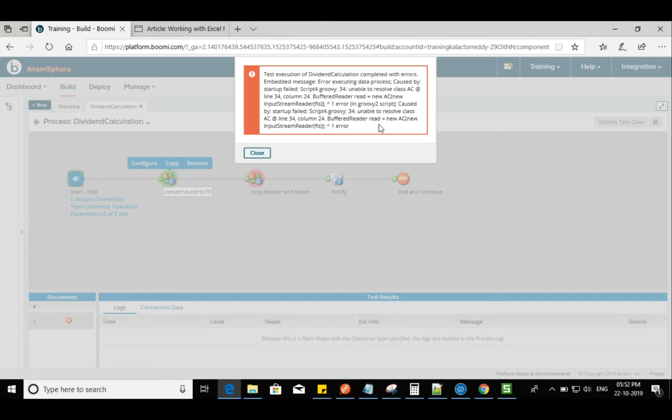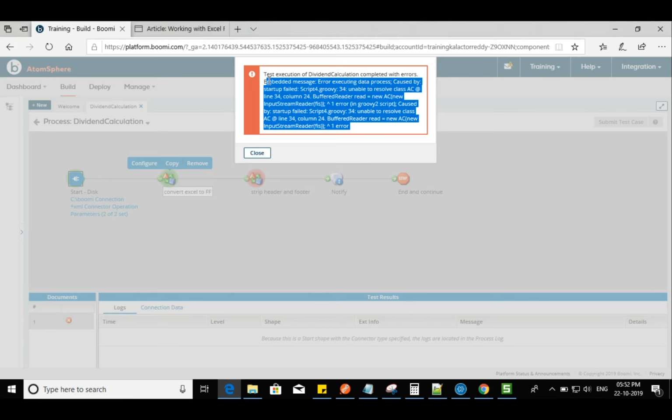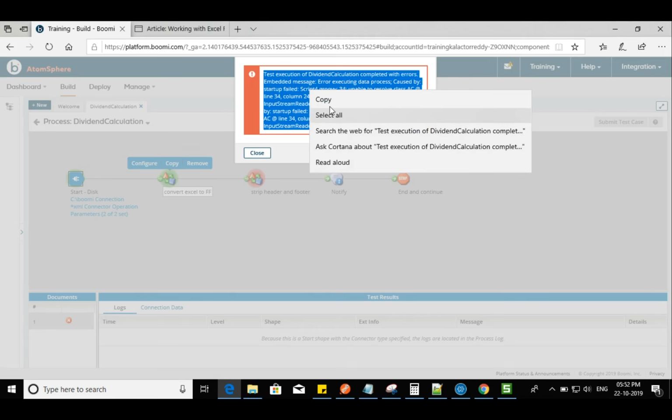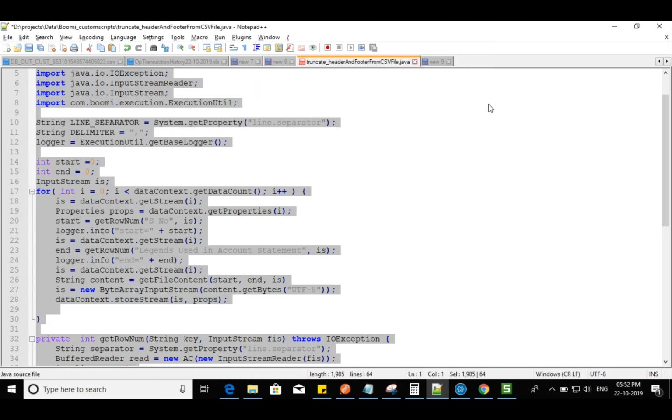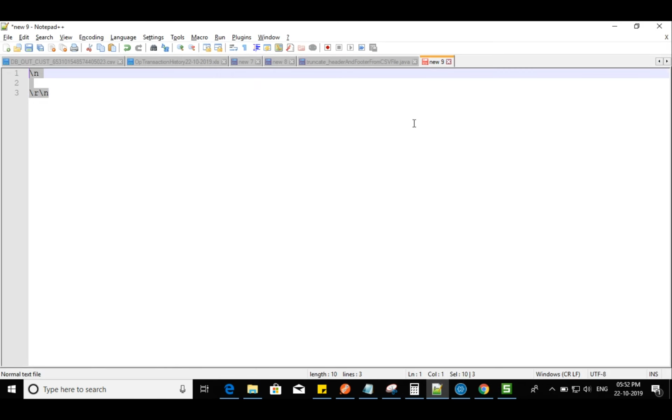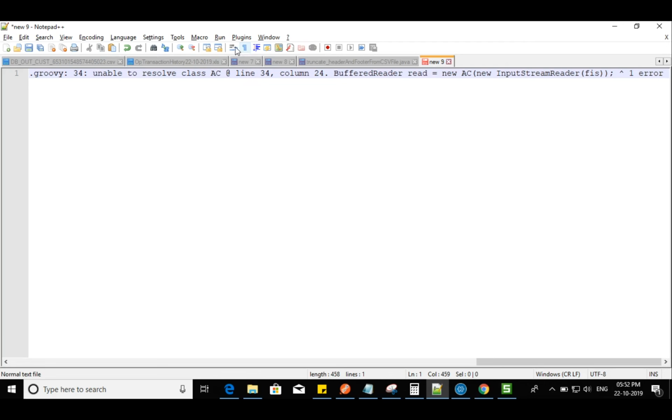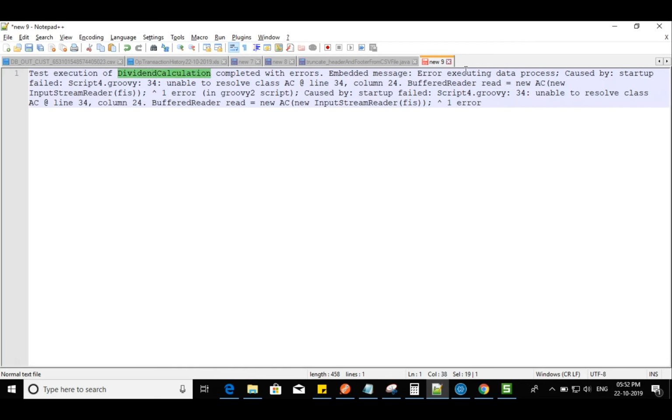It says some class is not available. Mod wrap allocation message: executing data process caused by startup failed. Scripting Groovy 34: unable to resolve class AC, line 34, column 24, buffer reader new AC